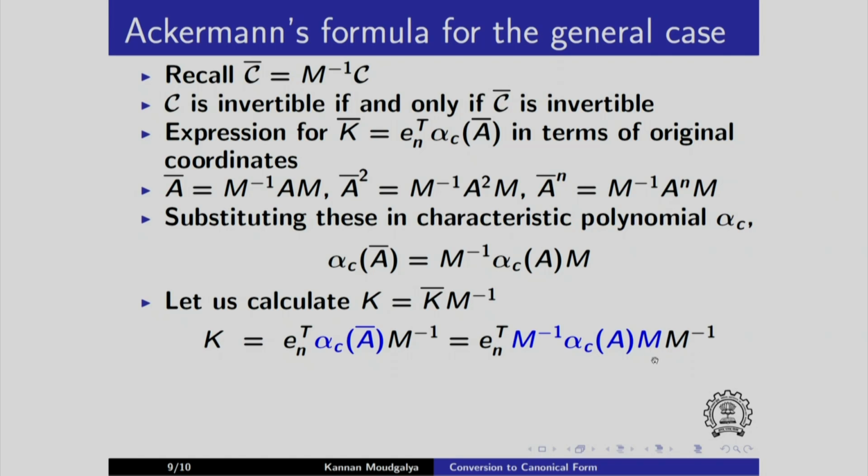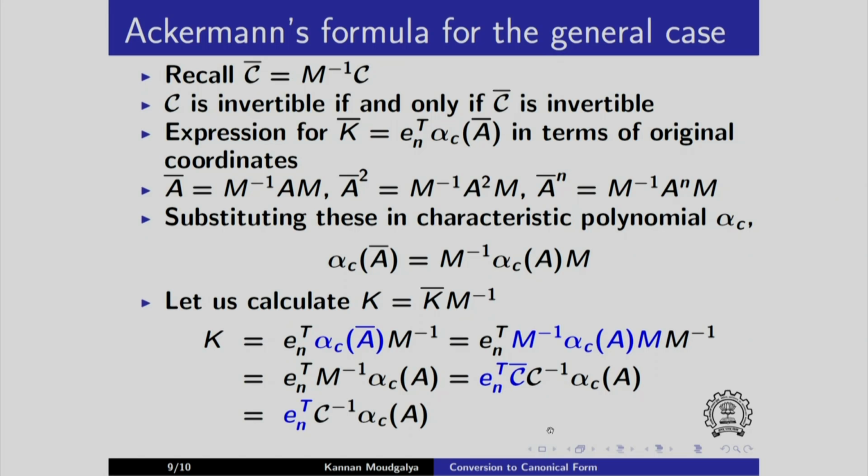Now I can simplify these two. So I have simplified, I write down the remaining things, and what is M inverse? So let me write it from here as here. So M inverse is nothing but C bar into C inverse, which I have written here. Now I have written this in blue because I am going to simplify this product. What is this product? This is nothing but the last row of C bar, which is nothing but En transpose.